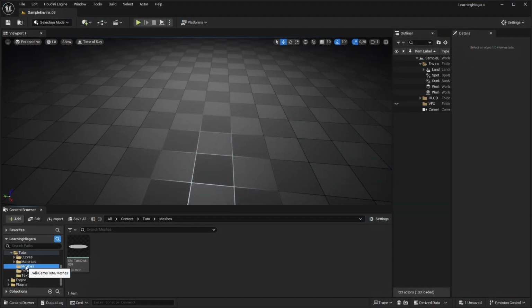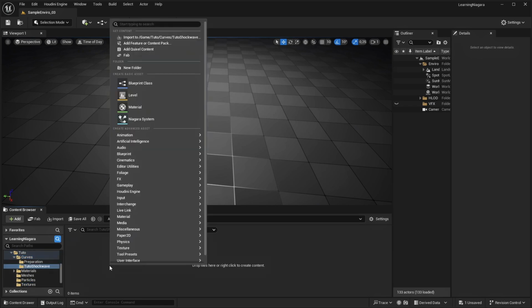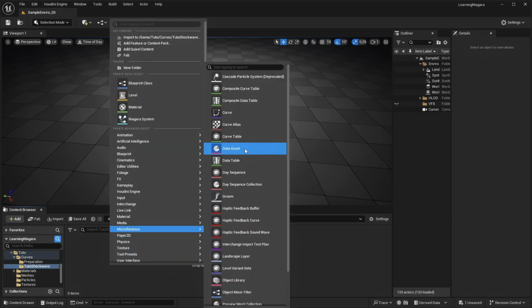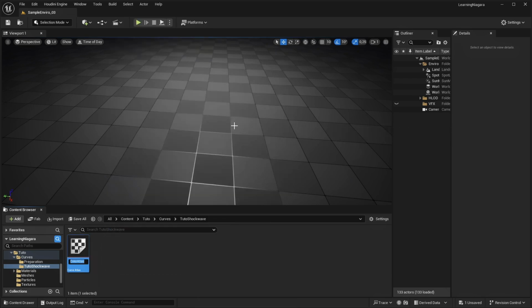We can come back to Unreal and import our new mesh and our new texture. We need to create a curve atlas, so go there and select Curve Atlas. I just rename it Tuto Atlas Curve.